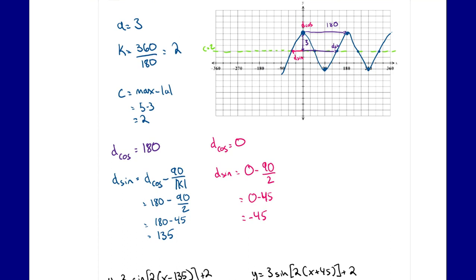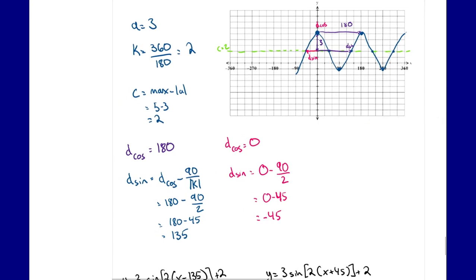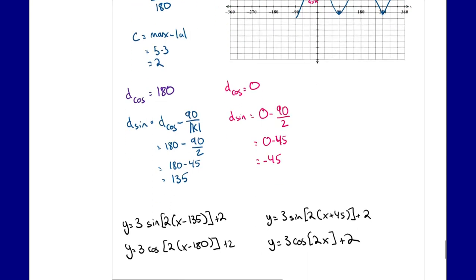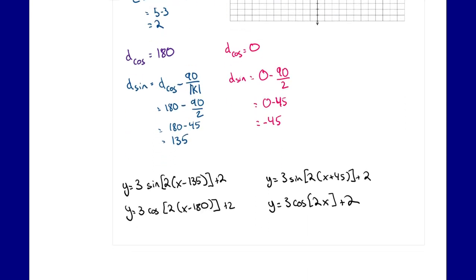I wouldn't go to the second maximum or the third one, which is at 360, where my d value for sine would be 360 minus 45. I don't want to do that. If I'm going to come up with my d values, it's either going to be the very first ones, the closest, or the next one over. But again, you could have different functions that give us the same